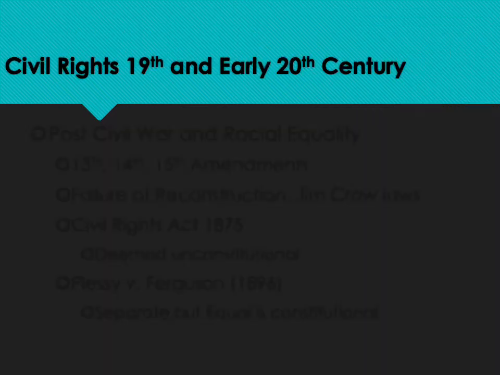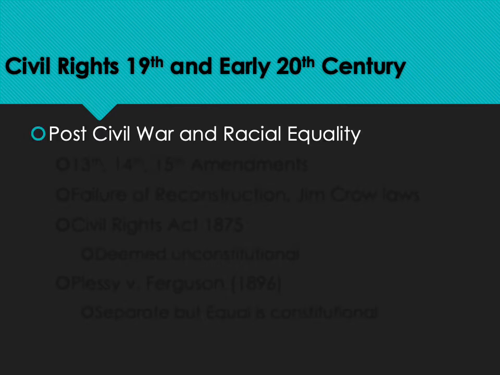law and court decisions. So what were some of the key legal legislation and key court decisions that correspond with the civil rights struggles from the 19th and early 20th century? Well, following the Civil War, there is obviously a fight for racial equality. The Civil War settles the question about the role of slavery in the United States. And the Union wins and defeats the Confederacy, who was defending the institution of slavery.